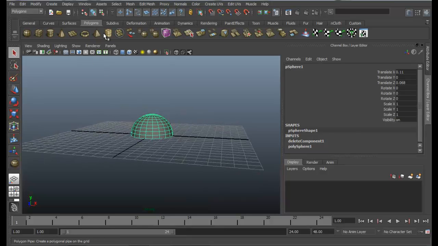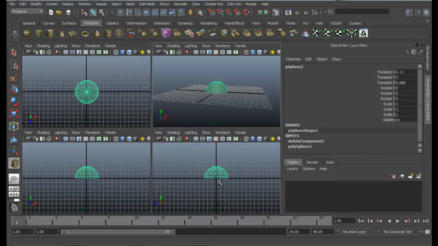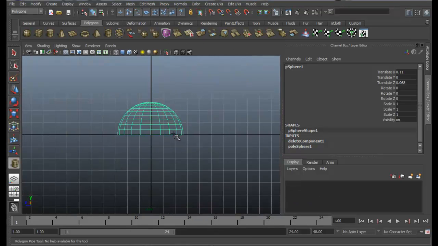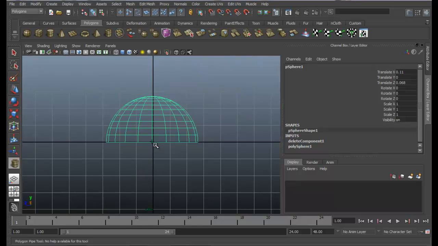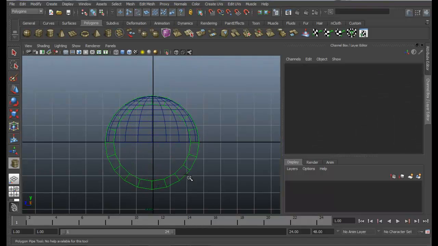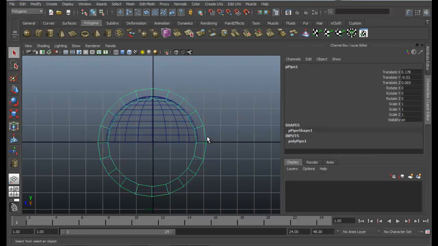Now we're going to use a pipe and just again go to side view, and then let's create it exactly the size of the sphere, and then a little bit tight. Okay, that'll be great.